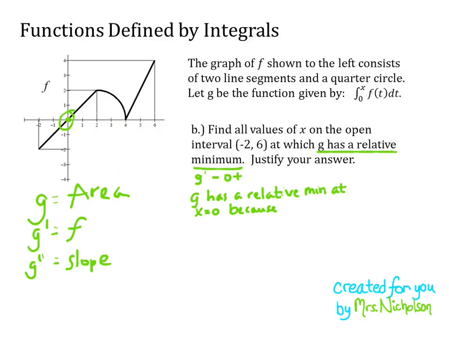Remember that whenever you write the word because, I always want you to follow that up with whatever's given. In this case, f is what's given. However, my annotation that I wrote up on the question is about g prime, and that needs to be the reason for my answer. So I'm going to say f,